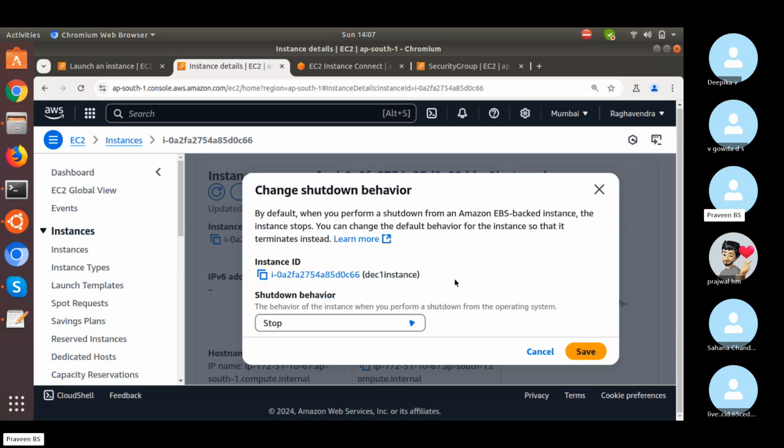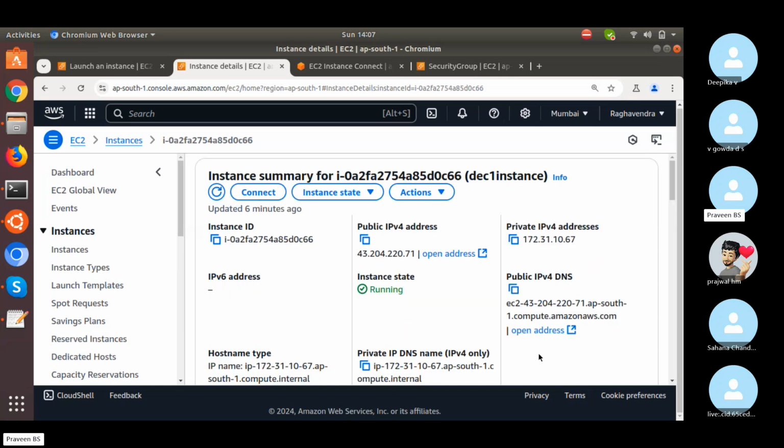By default, the shutdown behavior is selected as stop. Correct, sir? If you select terminate, whenever you initiate init 0 from the command line, it's going to terminate. Terminate we'll discuss later, not right now. I want to show you stop is not working from the GUI, but